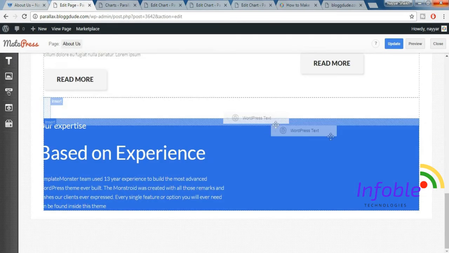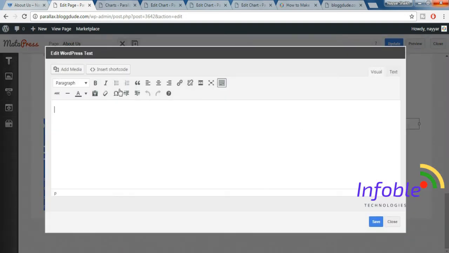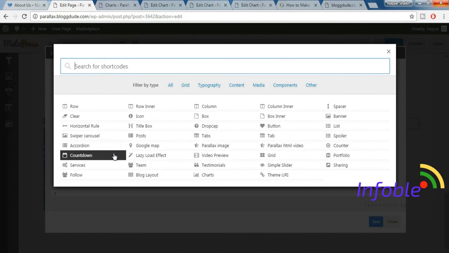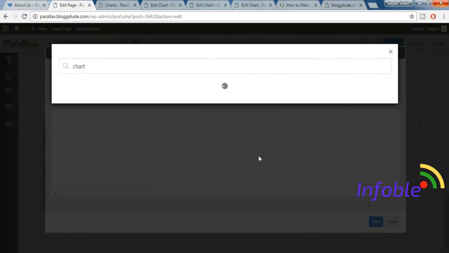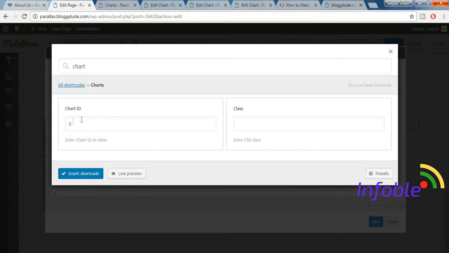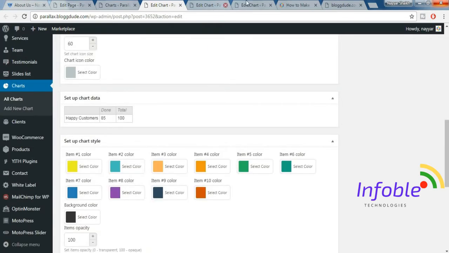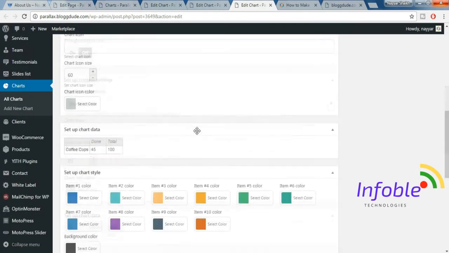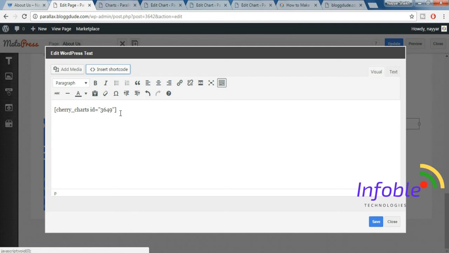scroll this WordPress text and make this new column. Fine, click on insert shortcode, search for chart. Fine, and you have to enter the chart ID. So let's see the chart IDs. First let's see the chart 1. This is the chart 1. At the bottom you'll see this chart ID, it is 3649. So here put in 3649 and click on insert shortcode, and after that we have to add some space, as